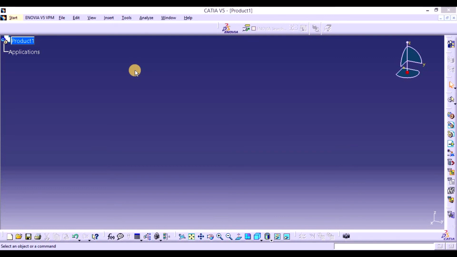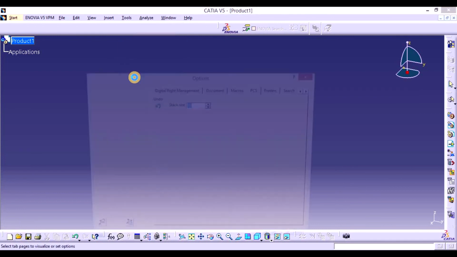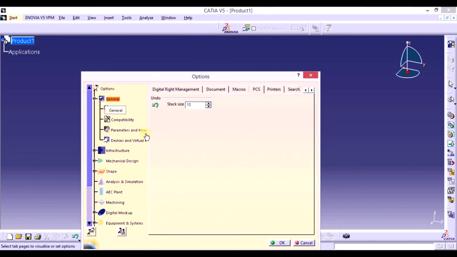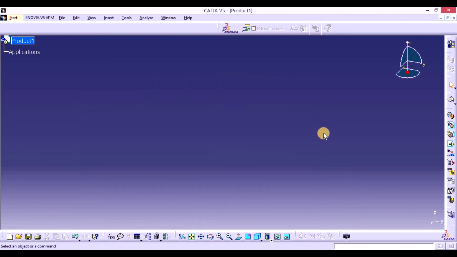To reduce stack size, go to Tools, Options. Select the General tab in the left pane. Click on the PCS tab and reduce the stack size value. Performing all the above given settings should improve your system's performance. You might less often see the CATIA